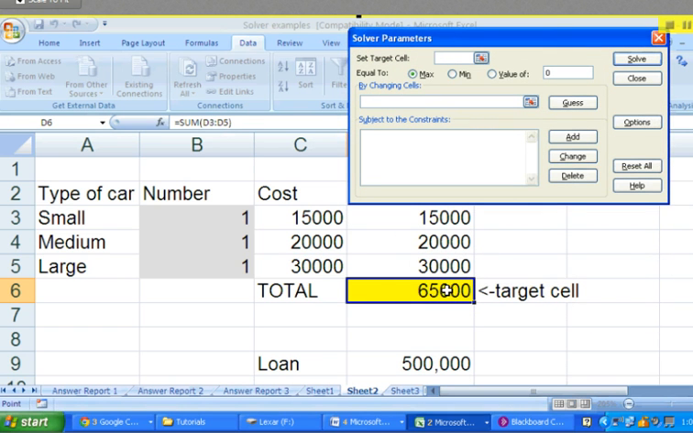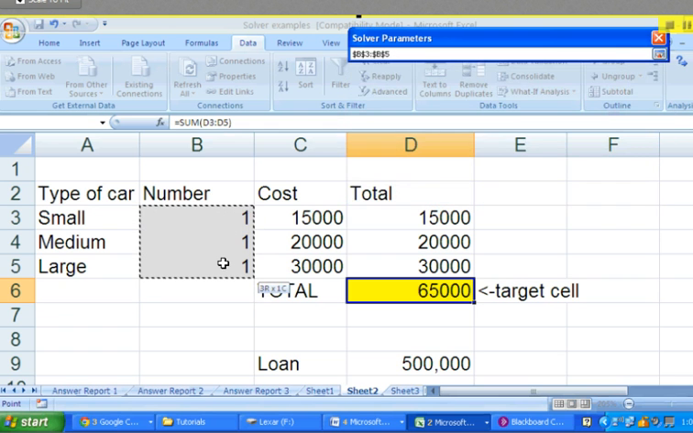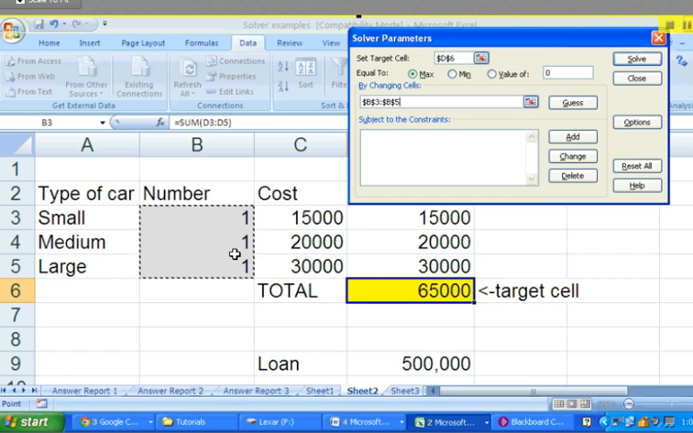So my target cell will be this. I want to maximize. I want to see how many can get as close to 500,000 as I can. So I'm maximizing by changing cells. Now instead of clicking 1, comma, and this one, because they're together, I can select all 3 of them. Okay? And let us solve. So when we click on solve,